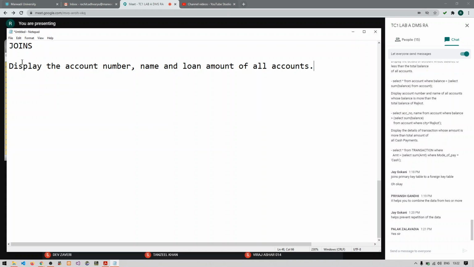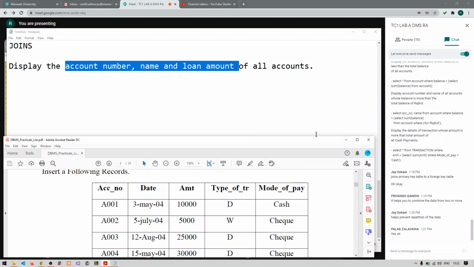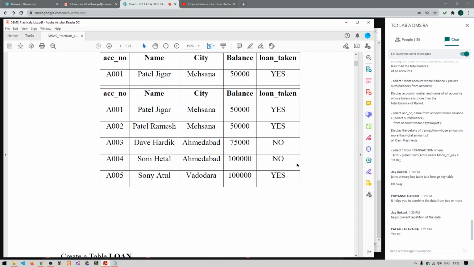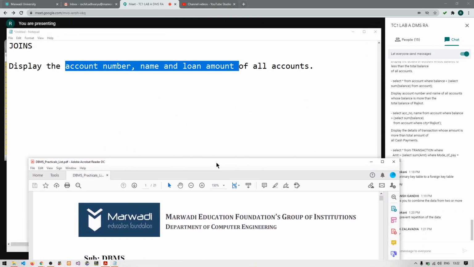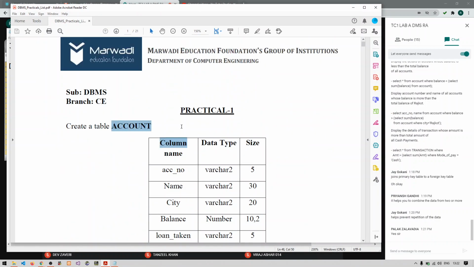So first of all, we need to check under which tables these columns appear. So I want account number and name, right? Account number and name can be found from the account table. Yes or no?